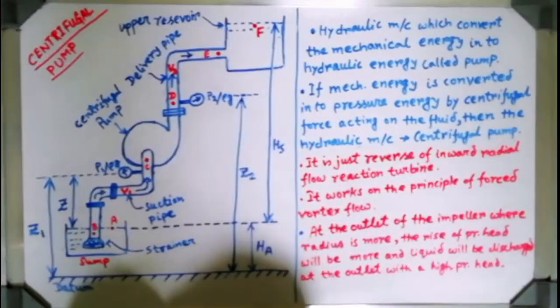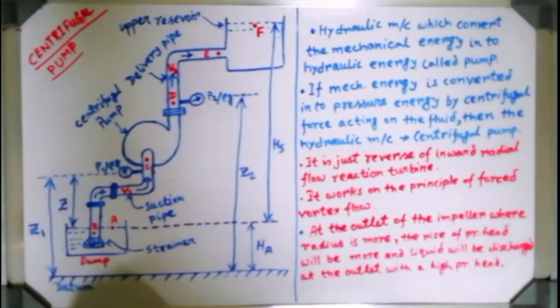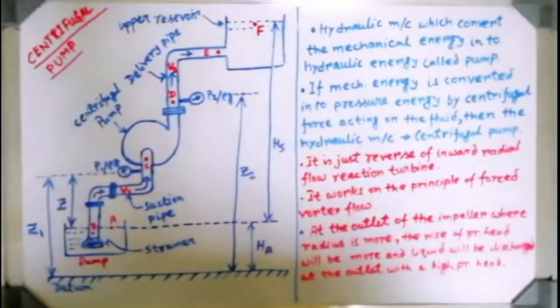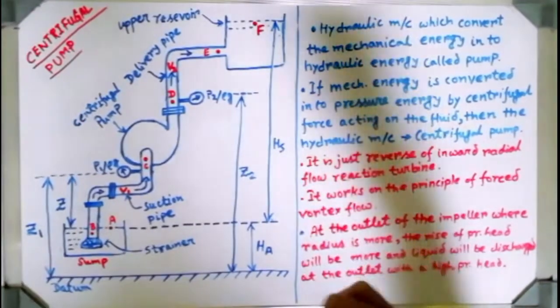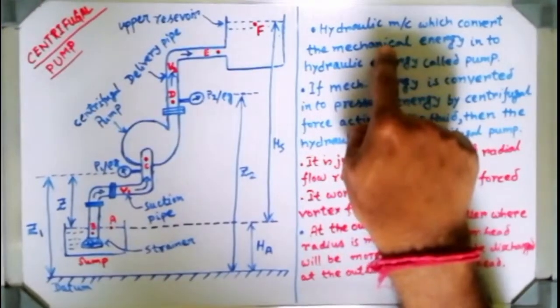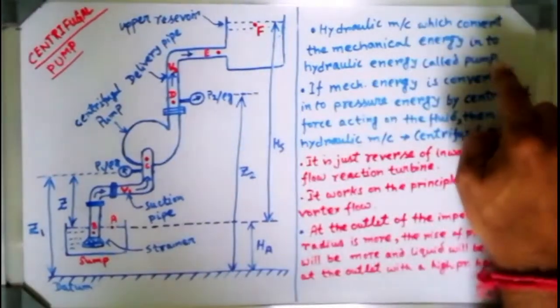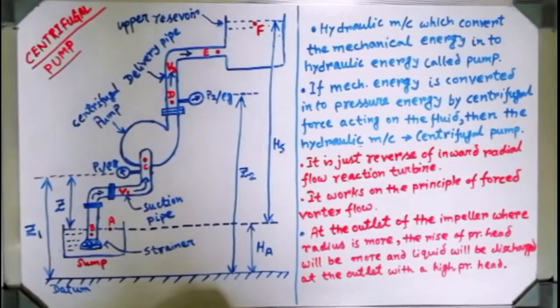And in our home, we also use a pump, that is also a centrifugal pump. There we do not use any IC engine, we generally use a motor. So an electrical motor also is a kind of prime mover. If you supply some electrical energy to it, that motor will develop mechanical energy. Now that mechanical energy is supplied to the pump. So a pump is a device which will consume some work. It's a work consuming device.